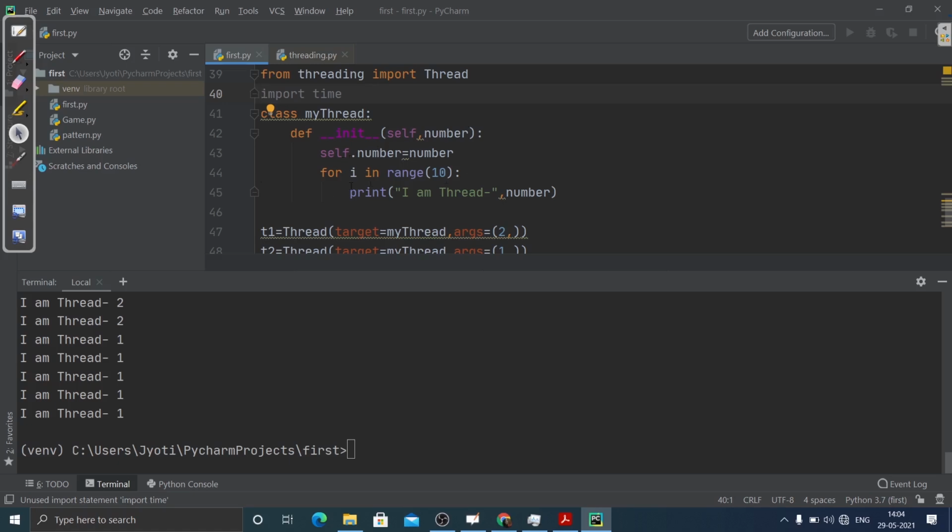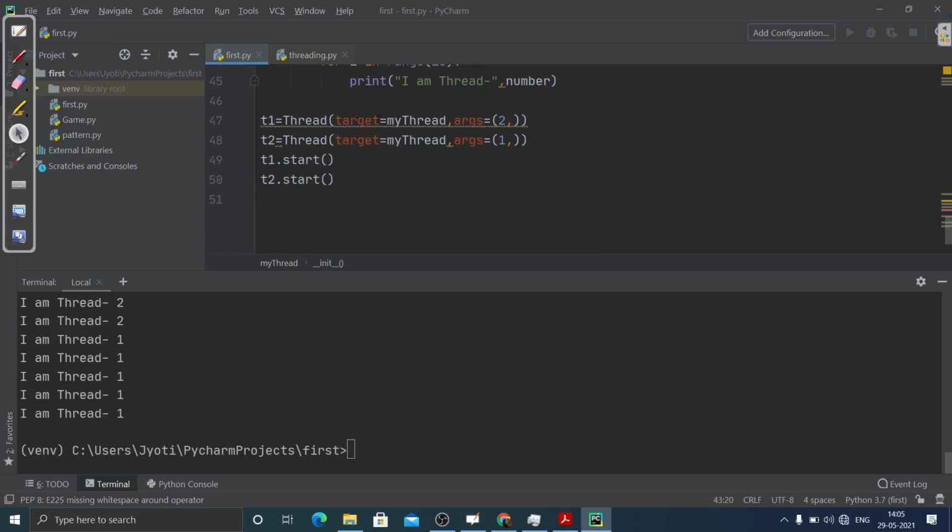Then I'm printing this 10 times, that is I am thread, and then whatever number the user will input. Then I'm creating the Thread class,